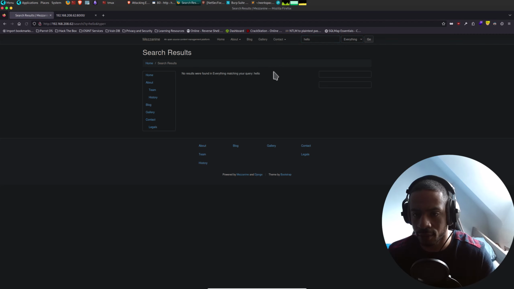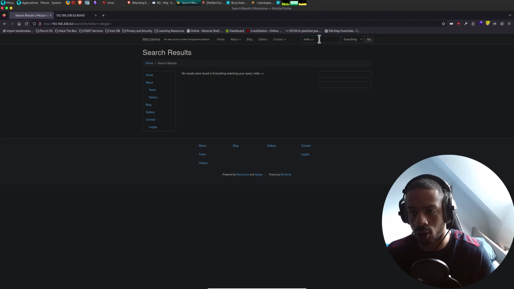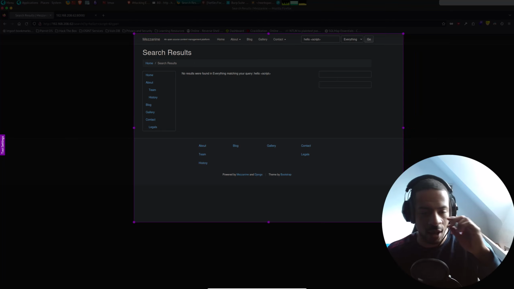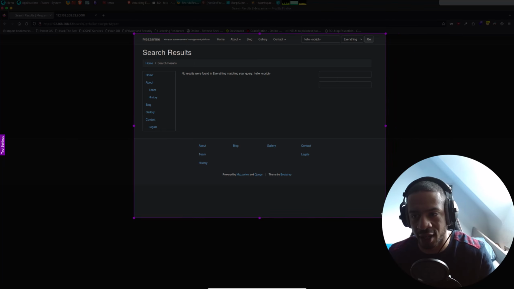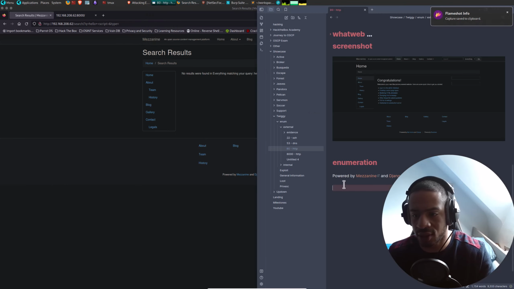Hello. Okay, it is printing directly what I'm typing into here. This would be a source of cross-site scripting, for example. Let's see. Oh God, yes. But I don't think cross-site scripting would be very interesting for us now here, because we're not logged in, and if we could capture a cookie, that would be interesting if we had a different user who's logged in. But for now, let's just take note of this.